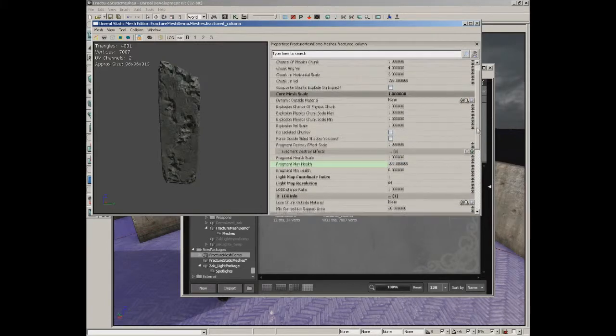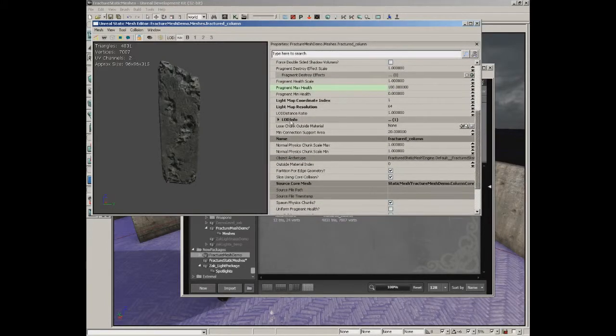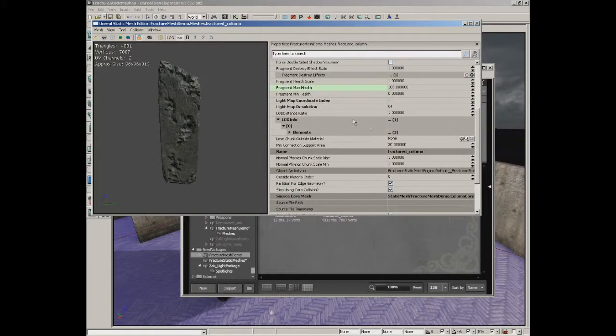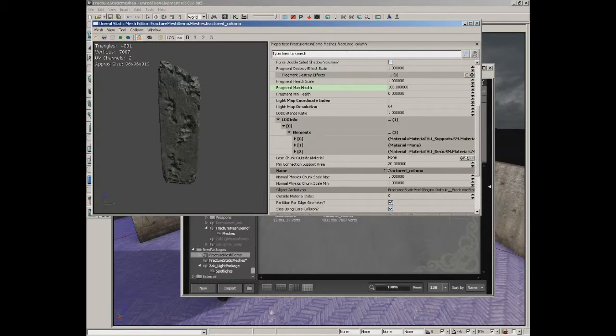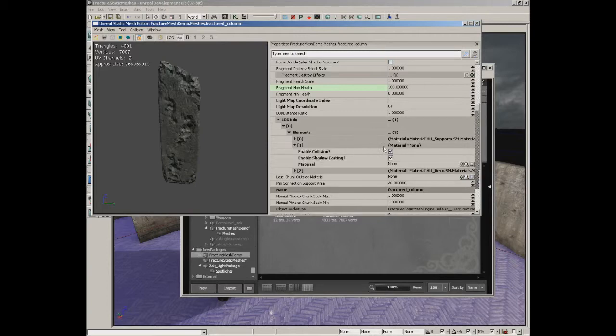Now, as we scroll down from here, another key area is LOD info. Now, this is critical. In fact, we're going to change this right now. LOD info is always there with a static mesh. It allows you to control the material applied to a static mesh, and by default, it's always got one element. Currently, this has a couple of elements. In fact, it's got an extra one down here at the very bottom that we're not actually going to be using, but you'll generally see element 0, which is your basic static mesh, and element 1, which is your internal